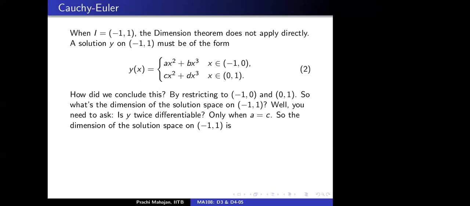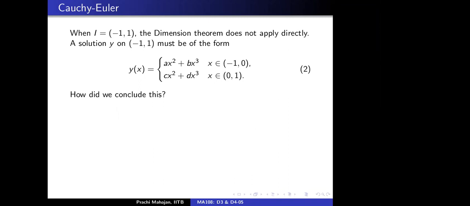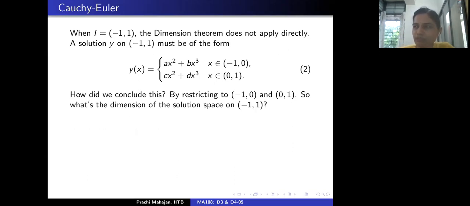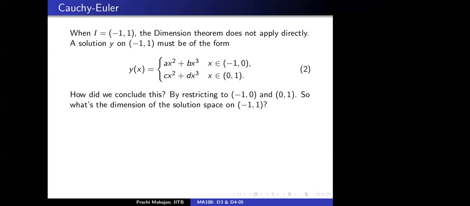Identically 0. Identically 0, will that work? No, not identically 0. You should say y equal to 0 at x equal to 0. See, if you just say y equal to 0 at x equal to 0, that doesn't say anything. You need y to be a solution of the ODE, so y needs to be defined everywhere on the interval -1 to 1. What is the value that y takes elsewhere? You have to specify that, right?